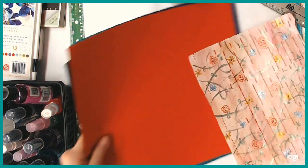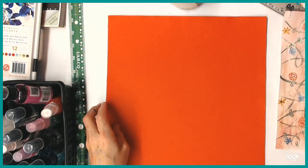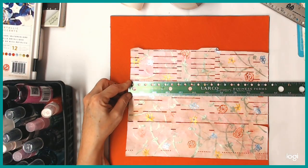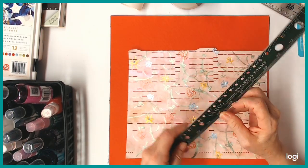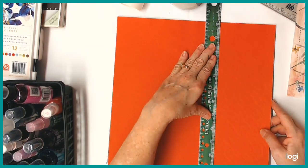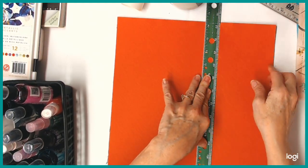Okay. Now let's see how big this piece is, because I want to divide it into 4. So it's about 10.5 by not quite 8.5. Okay, so let's just do it about like this. Oh goodness. All right. I guess I don't need to try to do 4 at a time. I didn't think this paper was that thick, but